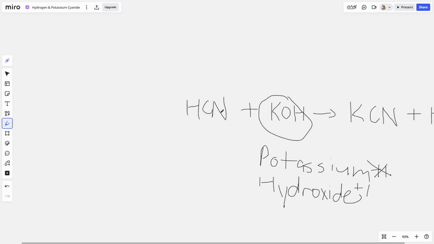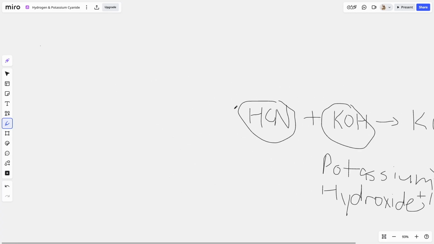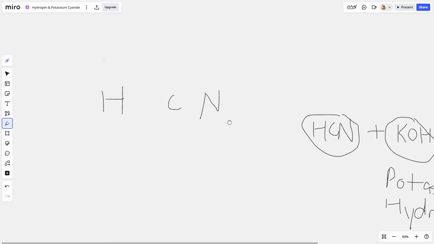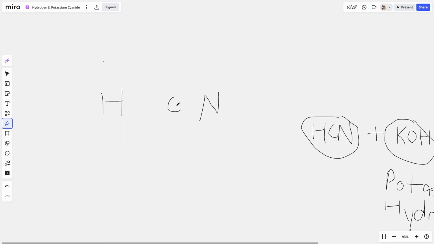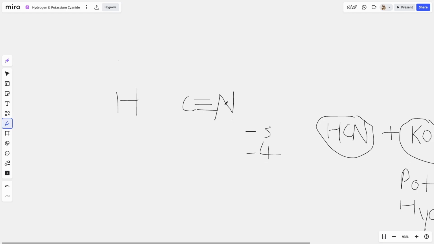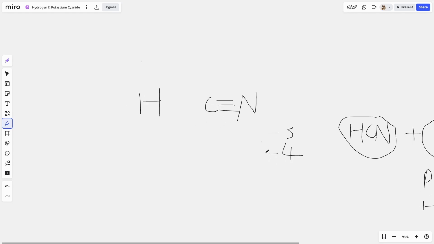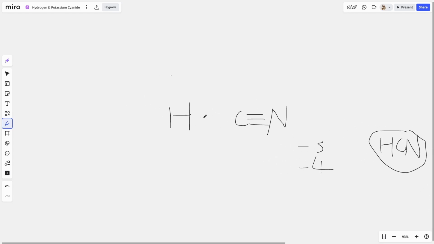Now let's move on to hydrogen cyanide. Like the name suggests, hydrogen cyanide is made up of hydrogen and cyanide. Cyanide is, like I said before, just carbon and nitrogen. These two will form a covalent bond. Nitrogen has a -3 charge, while carbon has a -4 charge. So they each bring 3 electrons to share, and then they form a covalent bond. Nitrogen will have a full outer shell because it has a -3 charge and will be sharing 3 electrons. But you may notice that carbon has 1 electron left over. This is perfect as hydrogen, which needs an electron, will form an ionic bond